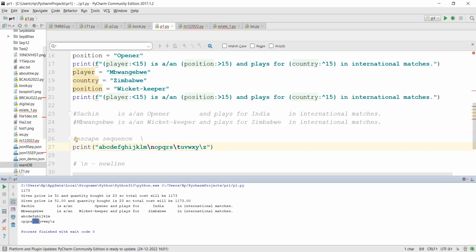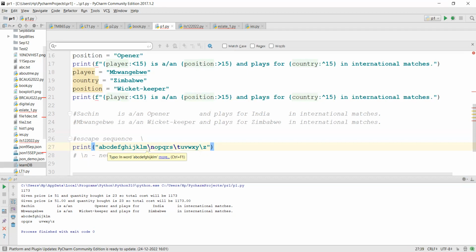By default, when you type tab in Notepad or a Word document, it gives you some spaces, so these are like 4 spaces by default. So \t stands for tab, \n stands for new line. These are the mostly used